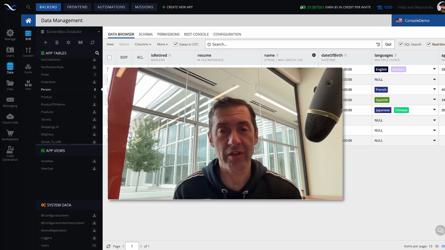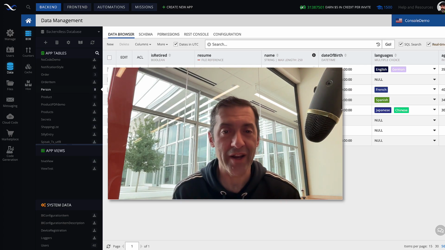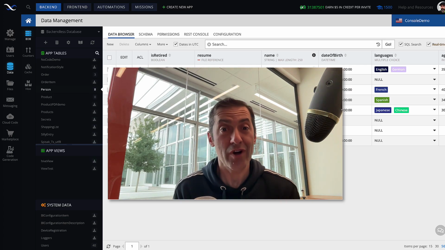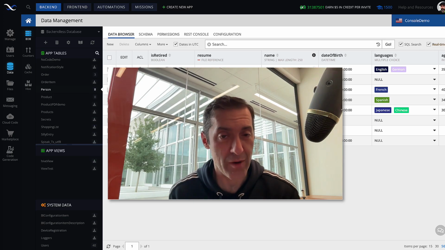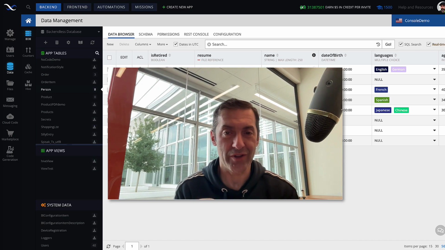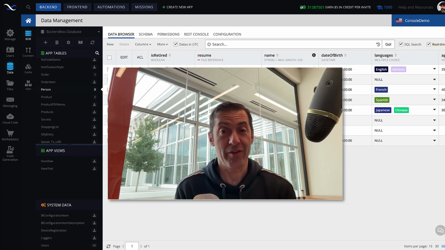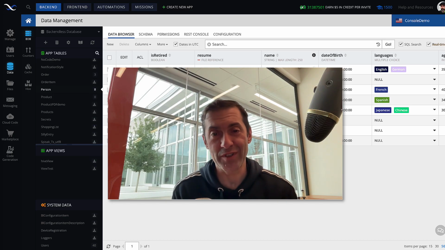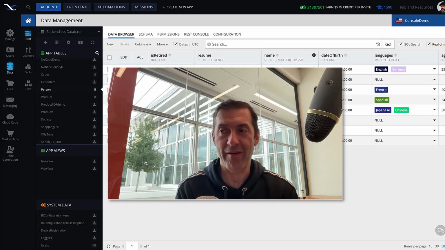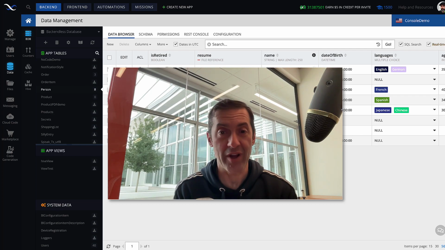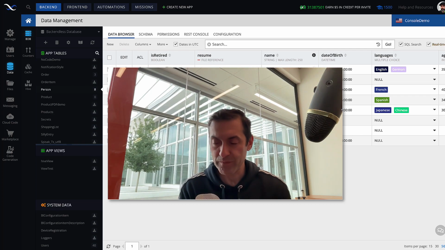So JSON provides a variety of different structures. You can have objects defined in JSON. You can have arrays of data in JSON. You could have basic strings and integers and booleans in JSON. And then, of course, arrays and objects may contain data of the primitive JSON type. So you could have an array of objects or an array of integers, an array of strings.